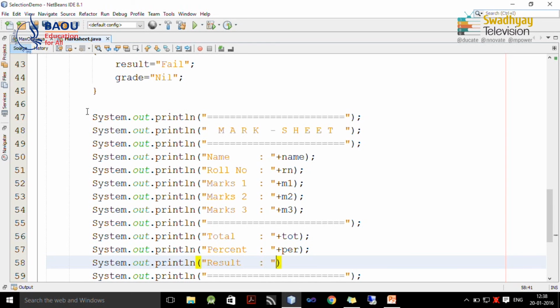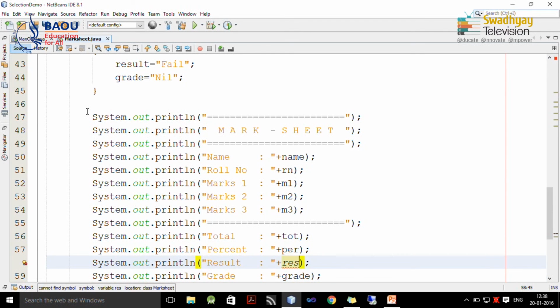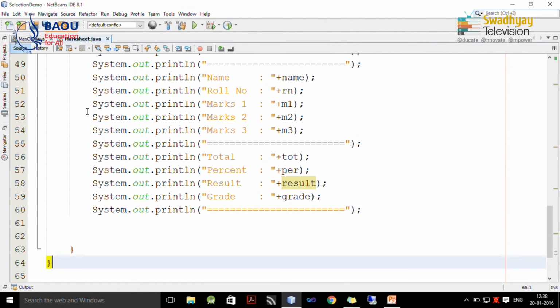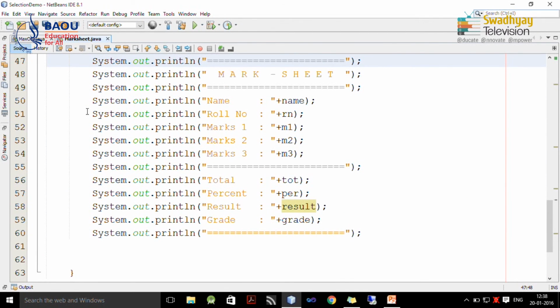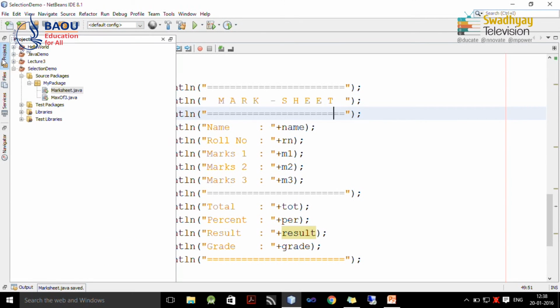So, I write down result is RES and grade is stored in grade. Here we have to write down result instead of RES. So, now this is our output. Now we save this file and try to run this file.